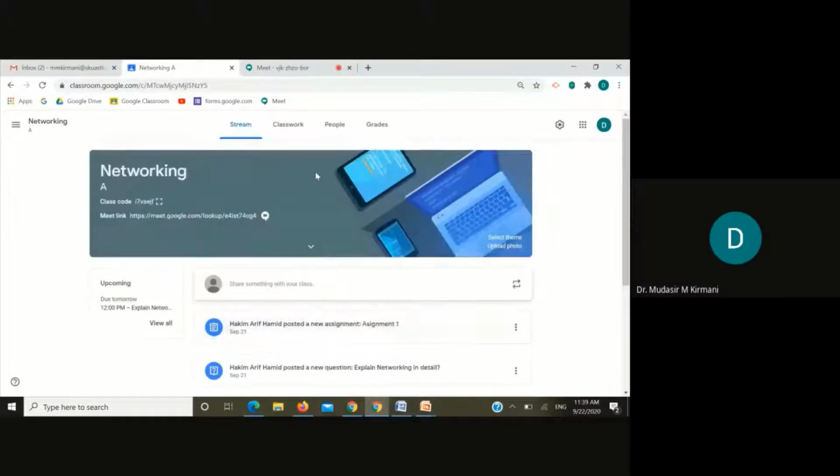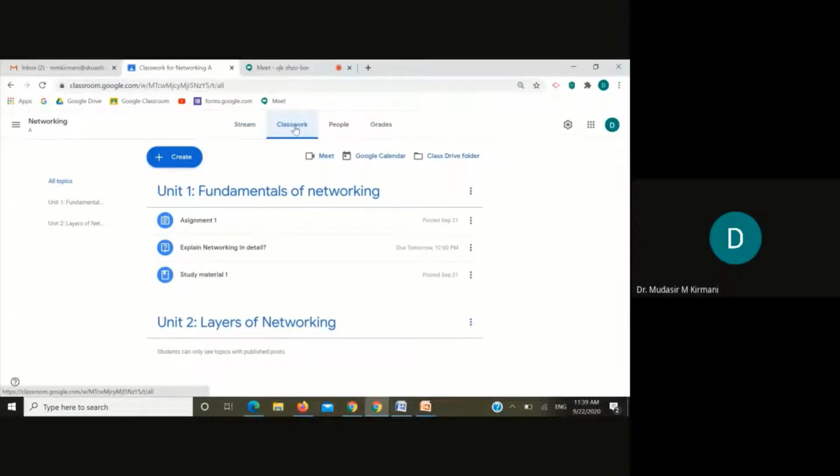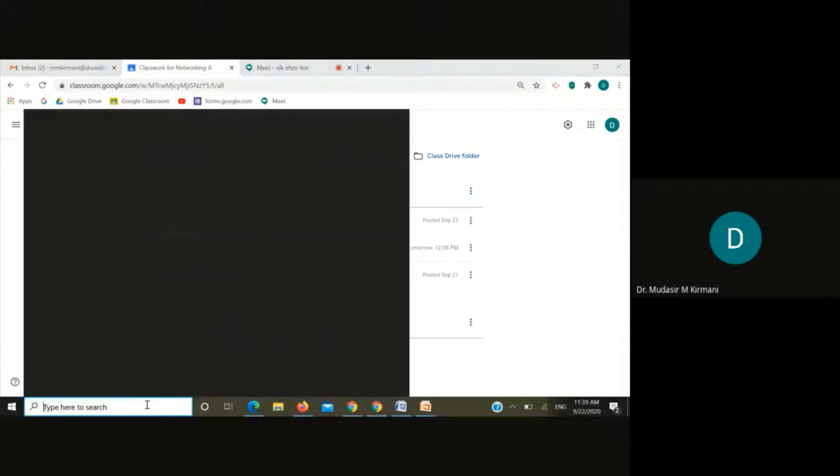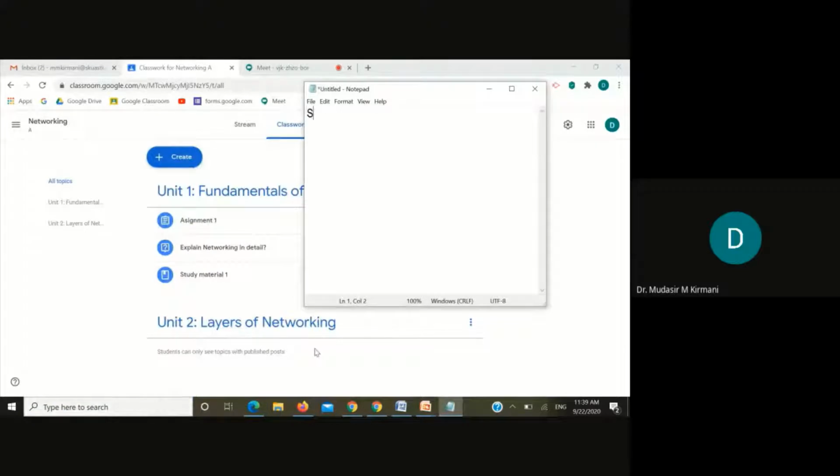Now I'll be focusing on the second point, that is the classwork. Once I click on this classwork, you can see there is a create button. So my first objective is, before I start creating a form, you should remember the first step is that you have to open or log in to your Gmail ID. Your step number 2 will be to open the classroom where you want to create a quiz,